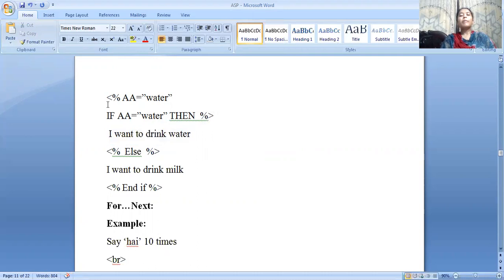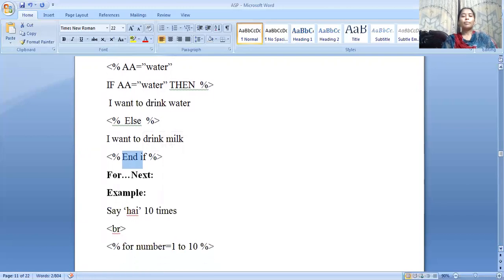The predefined words or the syntactical words should be mentioned within the parameterized entity, and whatever I would like to print, I am writing without the parameterized entity. The if condition, else part, and end if part are declared within the parameterized entities. So this is the second way of representing that if else program.